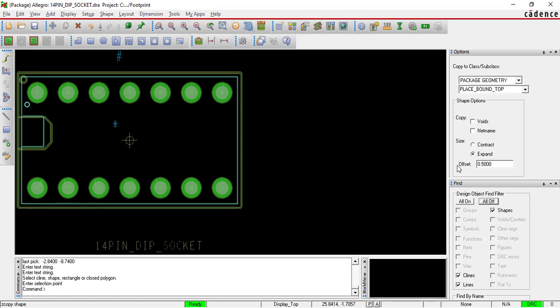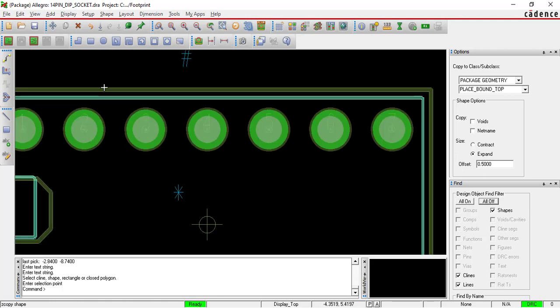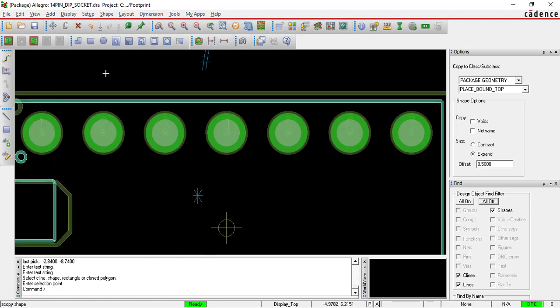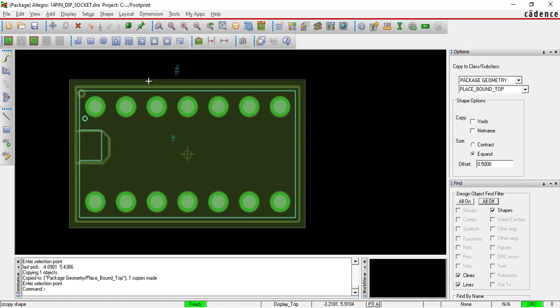Now after this we have to click on silk drawing. See, we have clicked on silk drawing. Now this placement courtyard or placement boundary has been created. Okay, that is super.